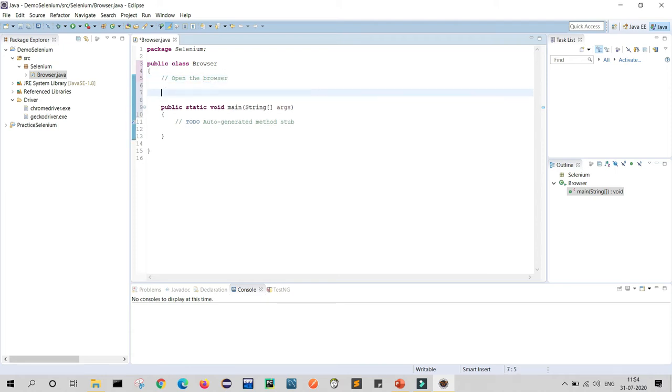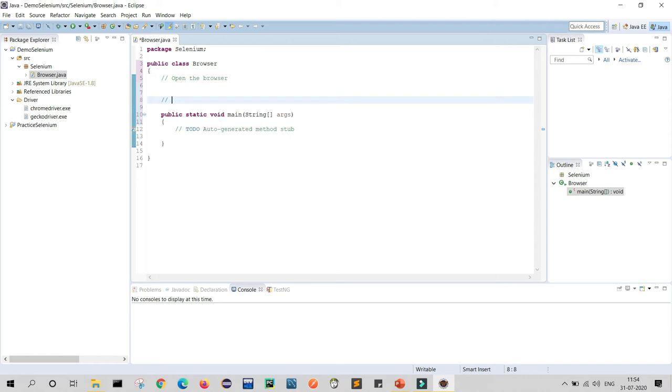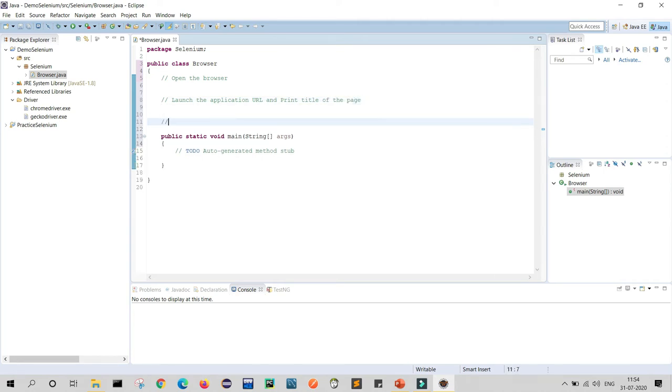Next will be launch the application URL and print the title of the page. And third will be close the browser. So we will create our methods one by one.